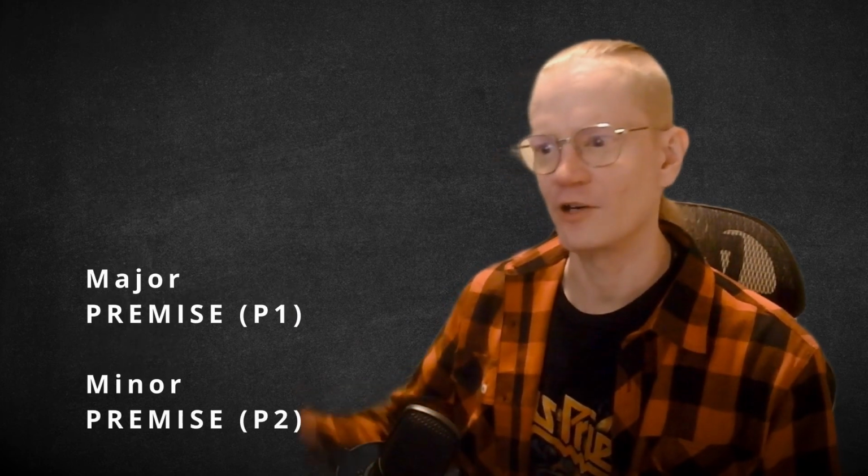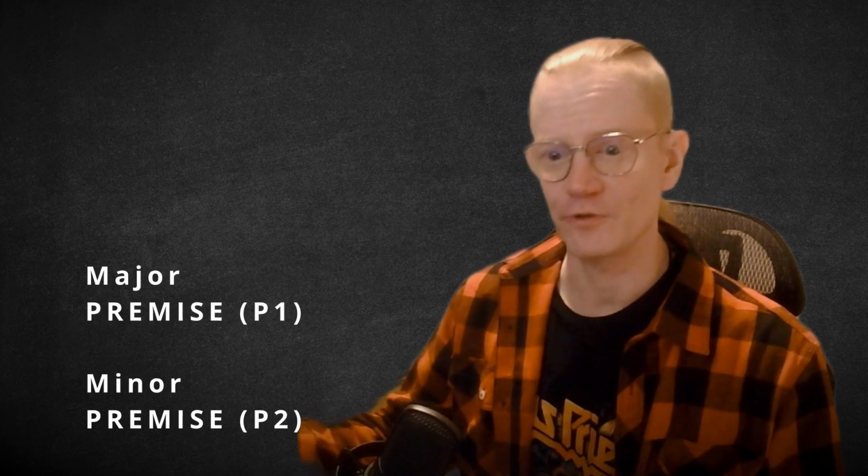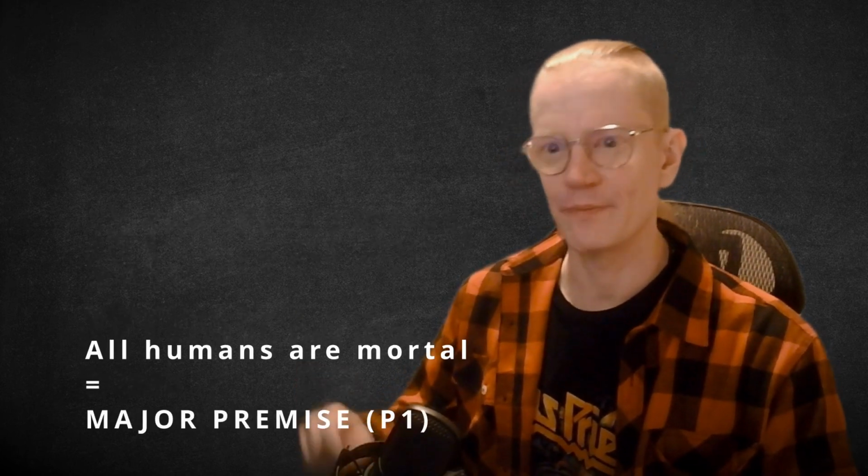These 3 statements set out the formal structure of a simple yet devastatingly powerful truth engine known as a logical syllogism. Like a modern inference engine, a syllogism performs a series of structured operations upon a set of inputs. The inputs, in this case, are the premises. A syllogism is composed of 2 premises, called the major and the minor premise, or P1 and P2. In the case of the above syllogism, all humans are mortal is the major premise.